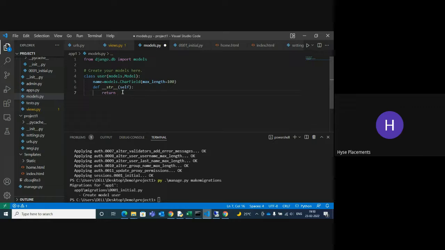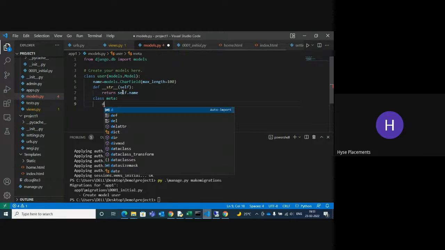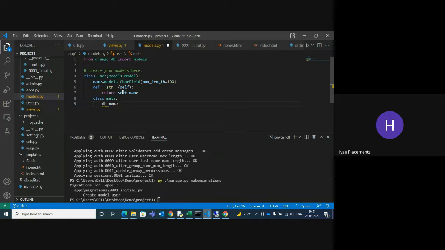Copy and dot, what is the name, name. Pass Meta, db underscore name equal to,